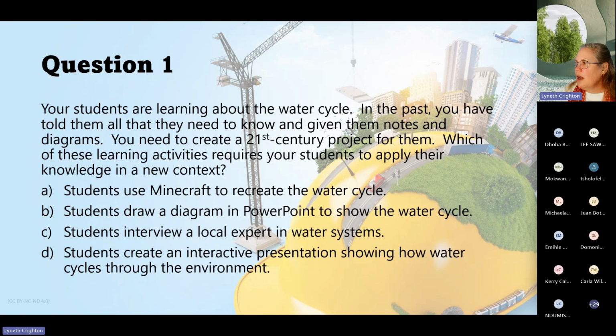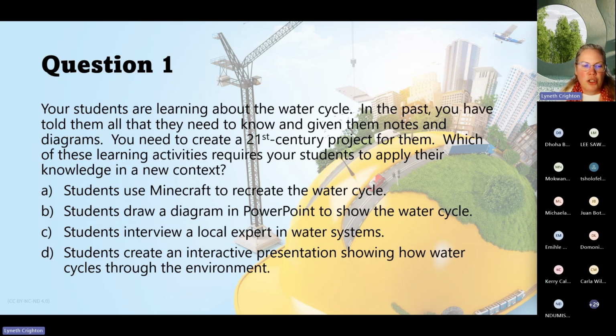Okay, so I would say that there was a case to be argued for C or D, because for C, you can't see the question, so you don't know whether they're actually asking about water cycles, which means I would lean more to D. But equally, an interactive presentation that just shows how the water cycle moves through the environment, unless you have specifically talked about it, so for those who teach the water cycle, the sea and the water coming in and hitting a mountain, like Cape Town, and creating clouds and coming down,